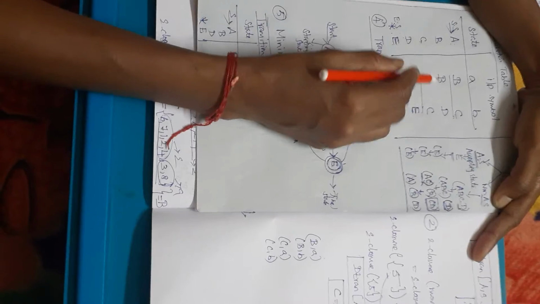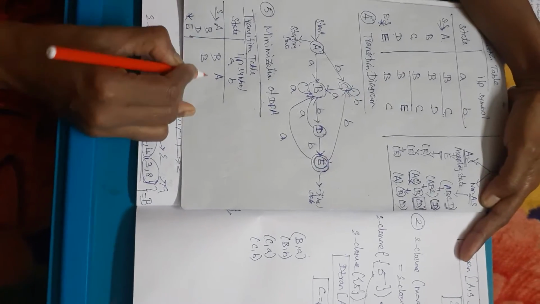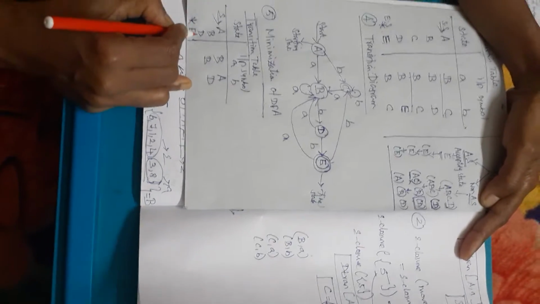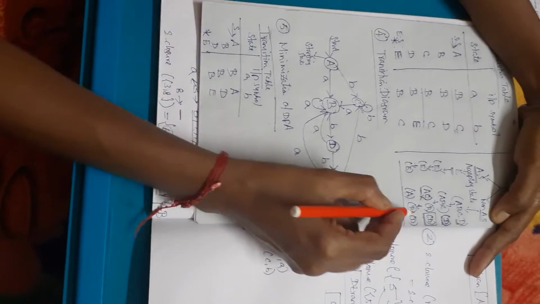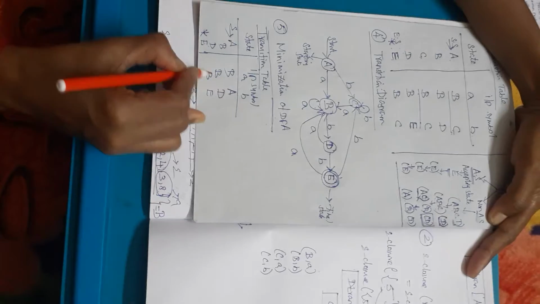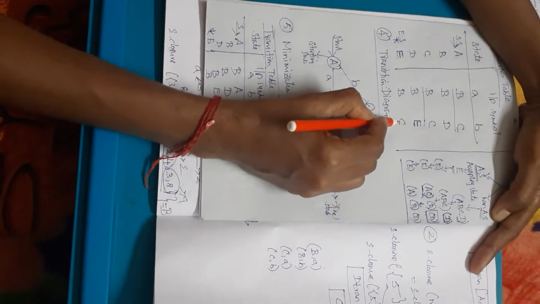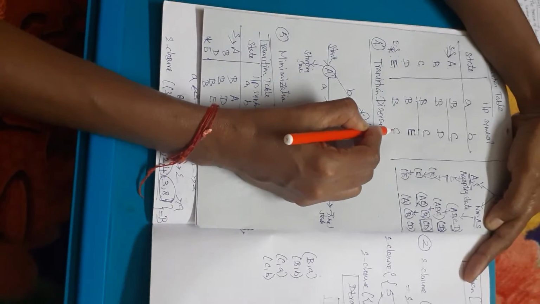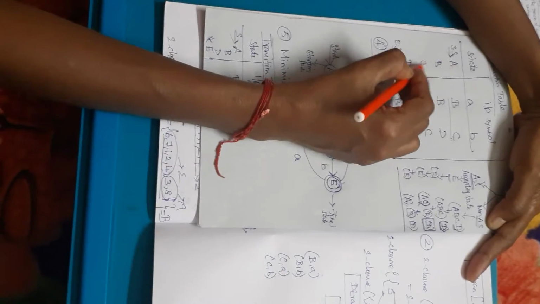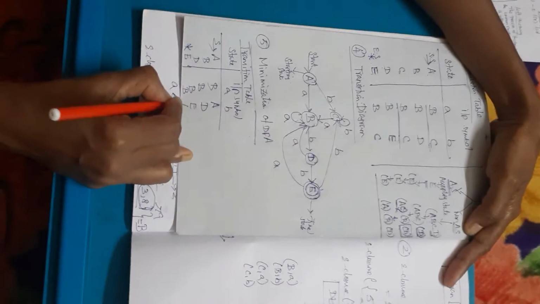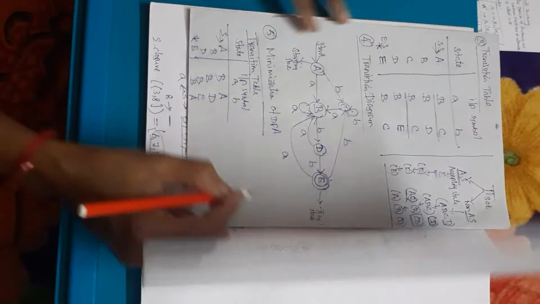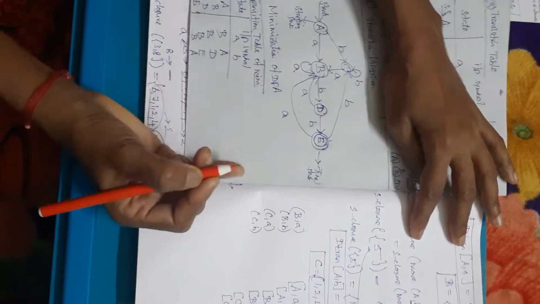Next B is B comma D, B and D both states are available for the minimization. Next check D, B comma E. Next check E, the output is B comma C, B is there, but C you are removing for the minimization. So what is the C? C and A values are the same. So instead of C I can write the value A. This is the transition table of minimization.